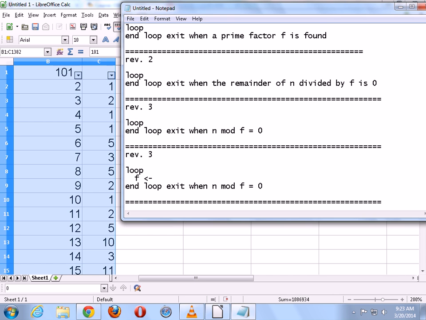Is there a particular pattern? If you look at each row as one iteration of the loop, how do I get to the next iteration? How do I get to the next value of f? Plus 1. Just adding 1 to it. So that means in the loop here, all I have to do is keep adding 1 to f and then test the condition. If the condition is not met, go back, add another 1, check the condition. If not met, go back and add another 1. I will keep doing this until the condition is met, n mod f equals 0. Is that okay so far?